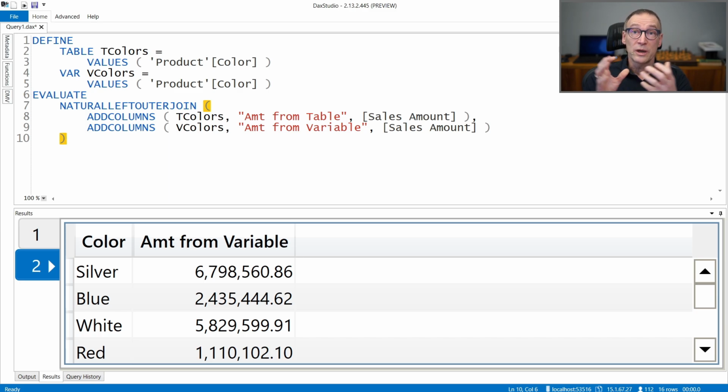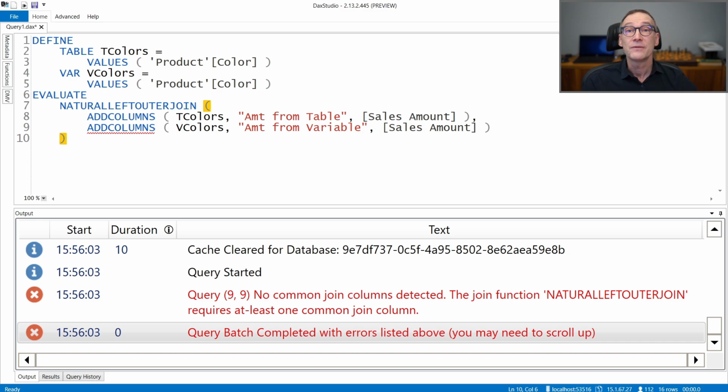I would like this to work and to build a join based on the color columns, but if I try to run it, I have an error. Why that? Well, again, the problem is the data lineage. In T colors, the column color has its own lineage, whereas in V colors it has the lineage of product color. So if I use ADDCOLUMNS this way, that is not going to work. I cannot join the two tables together.